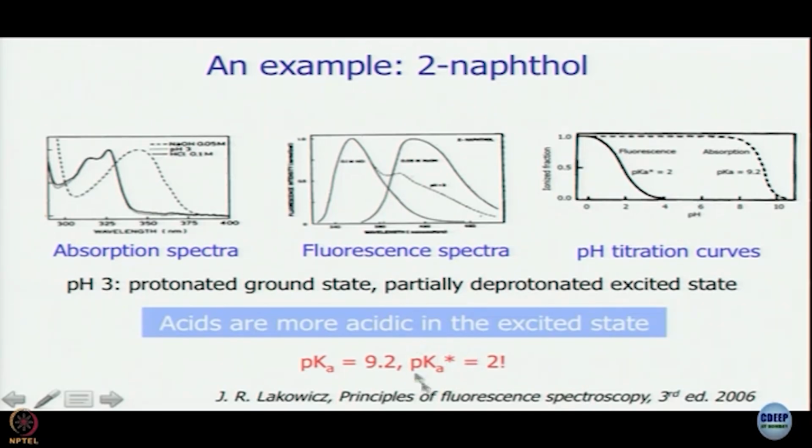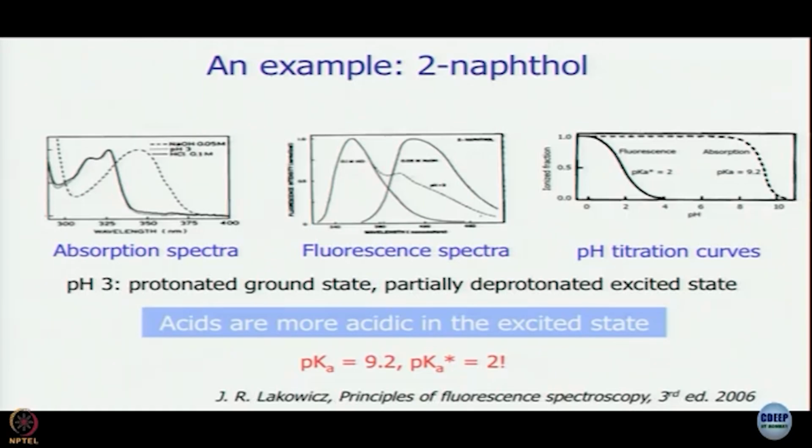It turns out that the pKa for beta naphthol in the ground state is 9.2, whereas in the excited state it is 2. So, a shift in pKa by 7 units is a huge amount. We are talking about a change of 7 orders of magnitude in the proton concentration at which the molecule beta naphthol can give up a proton. So, if you take beta naphthol in, say, neutral solution at pH 7.4, it is not going to lose a proton,